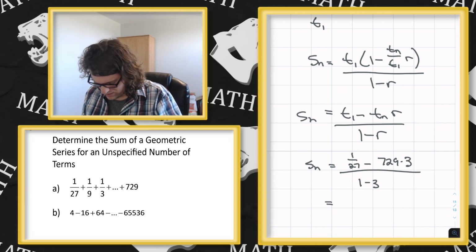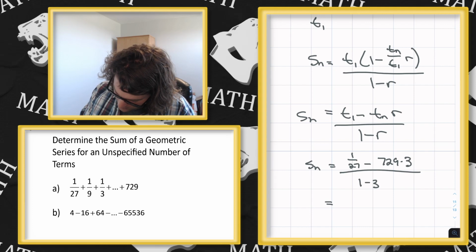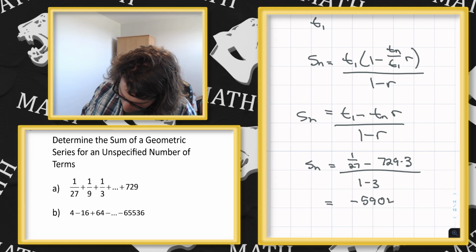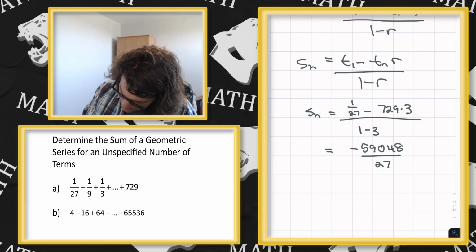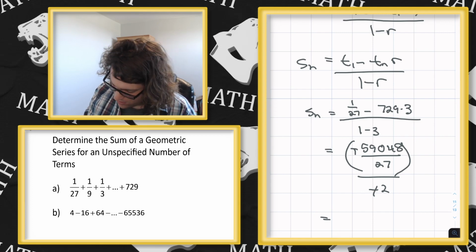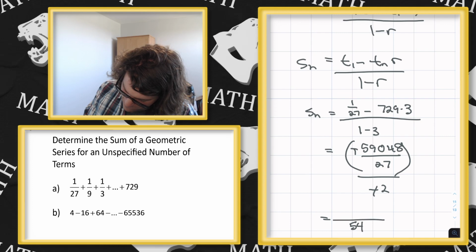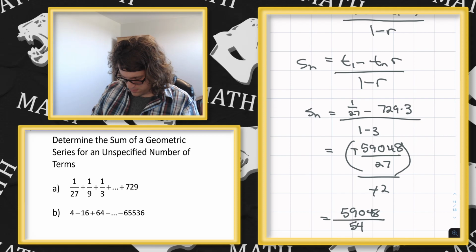All right, so do I really want to? Yeah, I guess I should. So 729 times 3, I'm going to say 1027, but ooh. All right, so 1 minus that would be negative 59,048 over 27, all over negative 2. So the negatives will cancel, and then I'll have 27 times 2 is 54. So 59,048 divided by 54 equals